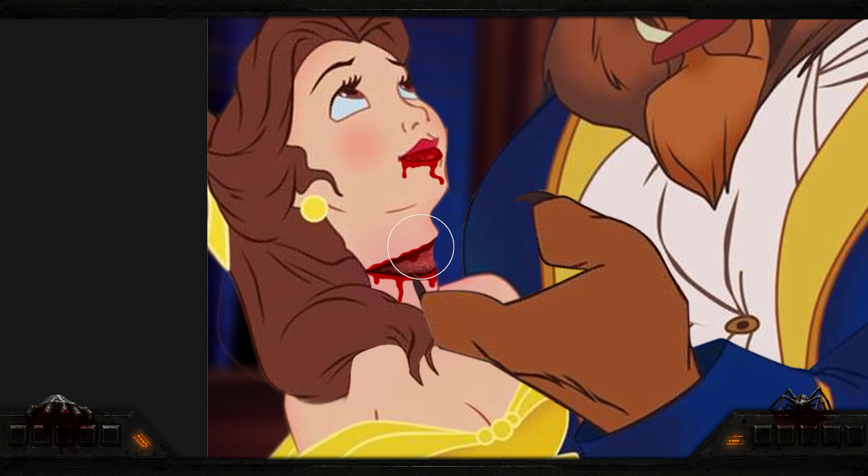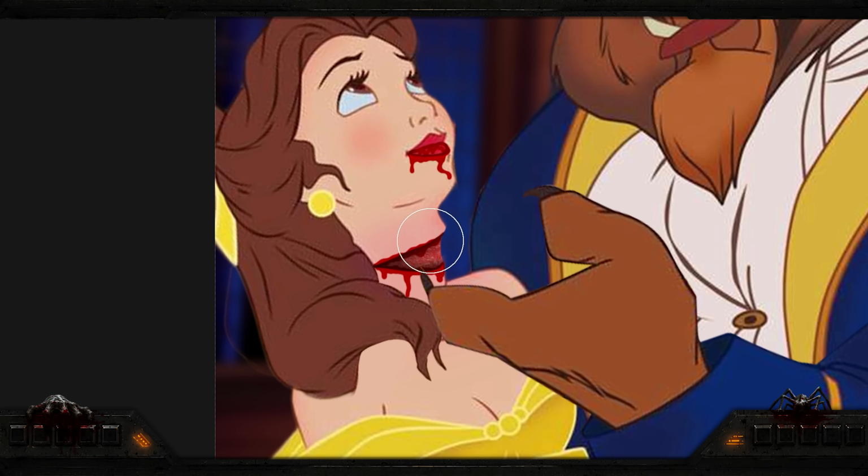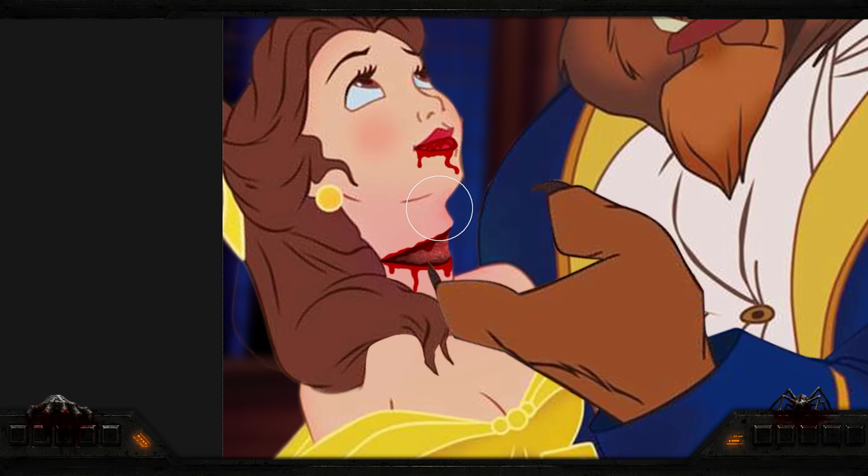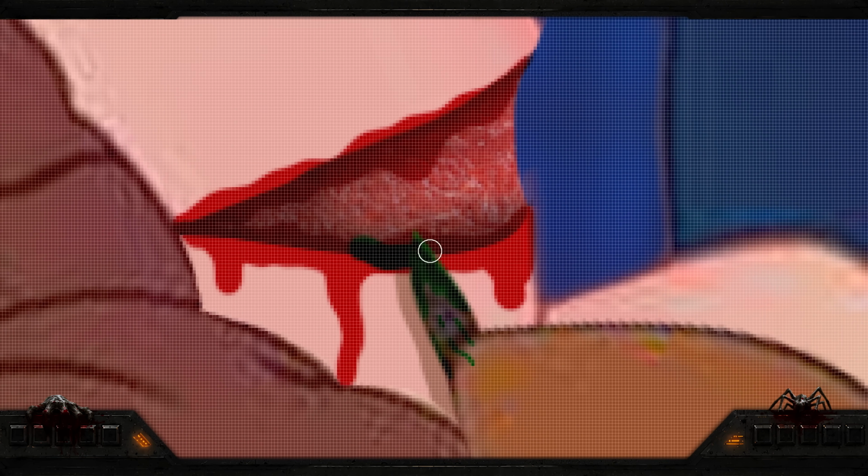Anyways, then I'll shift the color around the throat towards more of a purplish pinkish tone for reasons I think we all understand by now. Then I'll add shading under the beast's finger as if the cut isn't enough already. I do the same on the cut itself so you can see poison right in the wound,